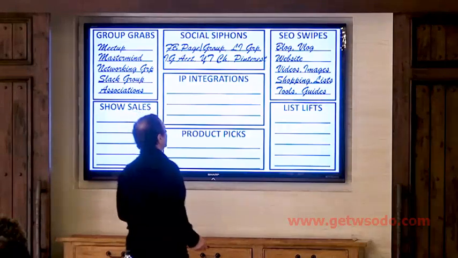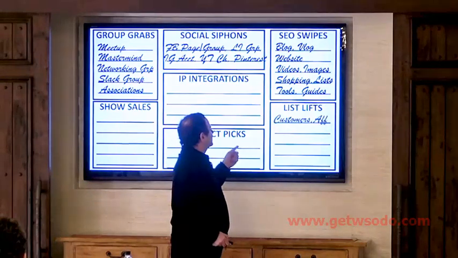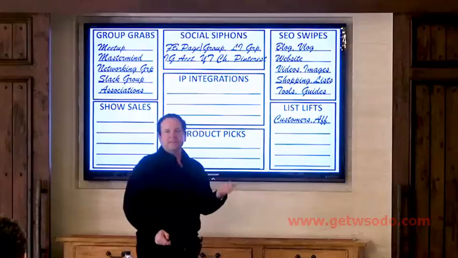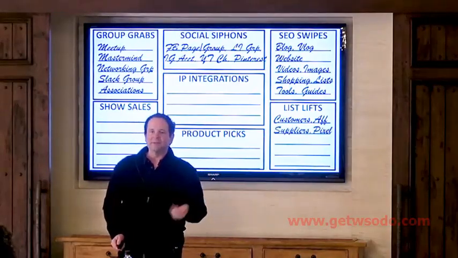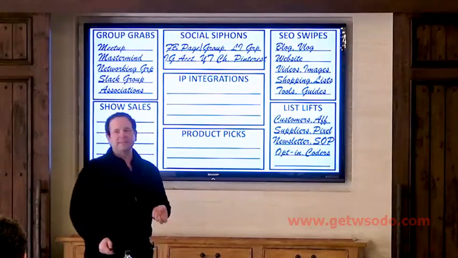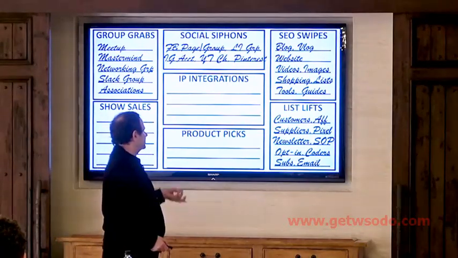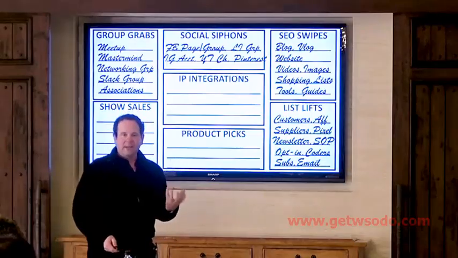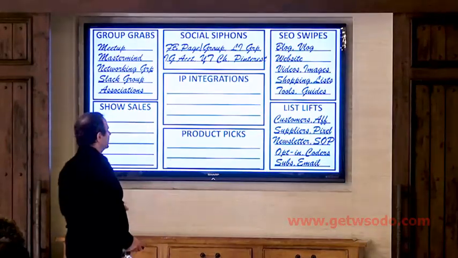Thank you for mentioning that. I've got to write that down there. Lists also. Lists of customers, lists of affiliates, lists of developers or coders, lists of newsletter subscribers, opt-in lists, pixeled lists. There's all kinds of subscriptions, emails. Buy lists. Those are specific assets you might think about buying.